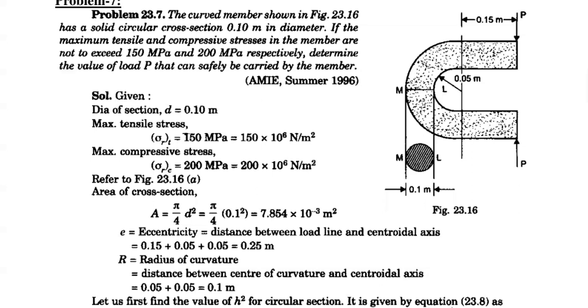So observation of the cross section is not difficult. Formula for circular cross section: pi by 4 d square. For a rectangular cross section, calculate the area b into d. And the trapezium section, you already know the formula, right?